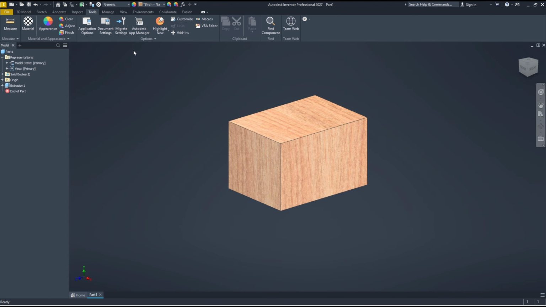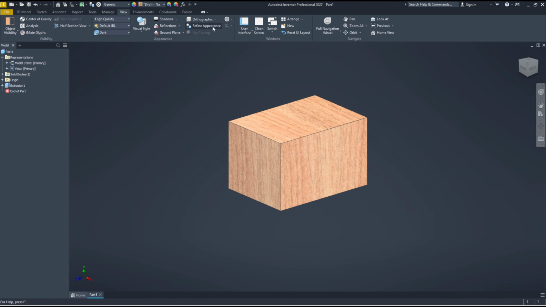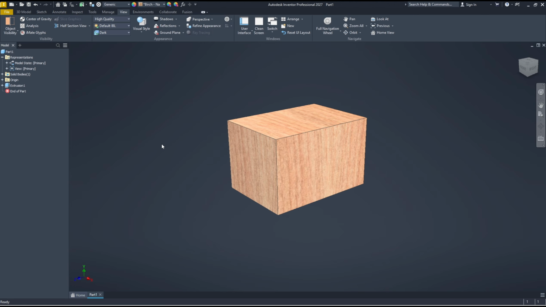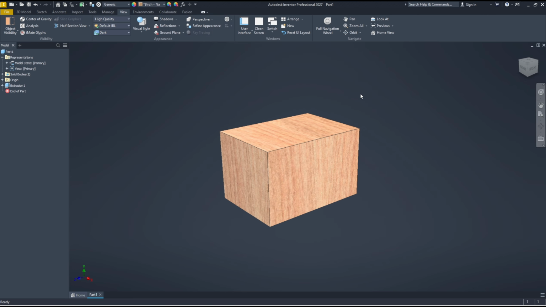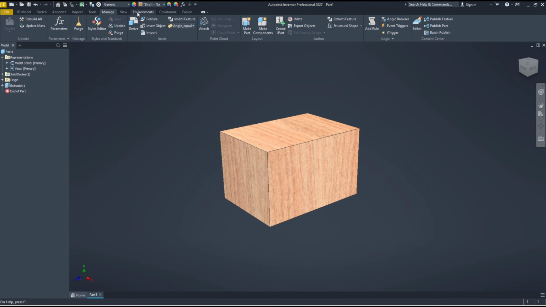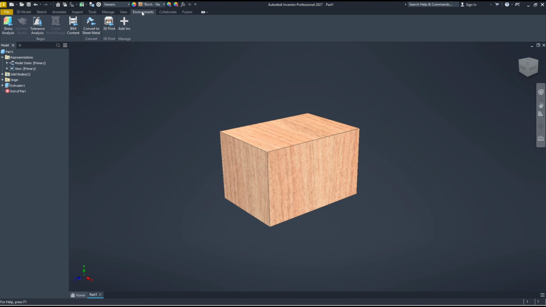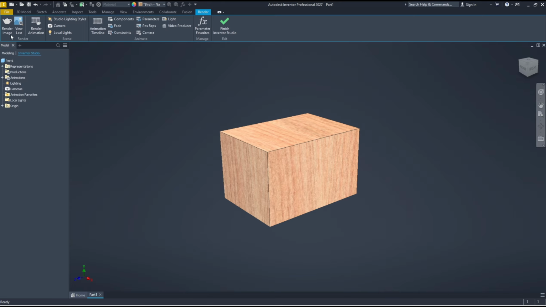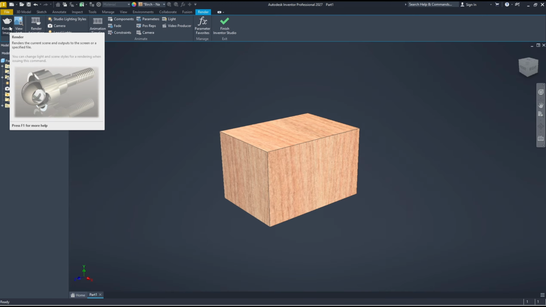Next I will change the view to the perspective view. And if you want to render this object, you can go to the environment here, and you can click the Inventor Studio tools. So we show the rendering options in this Inventor Studio. So you can click here to render the image,